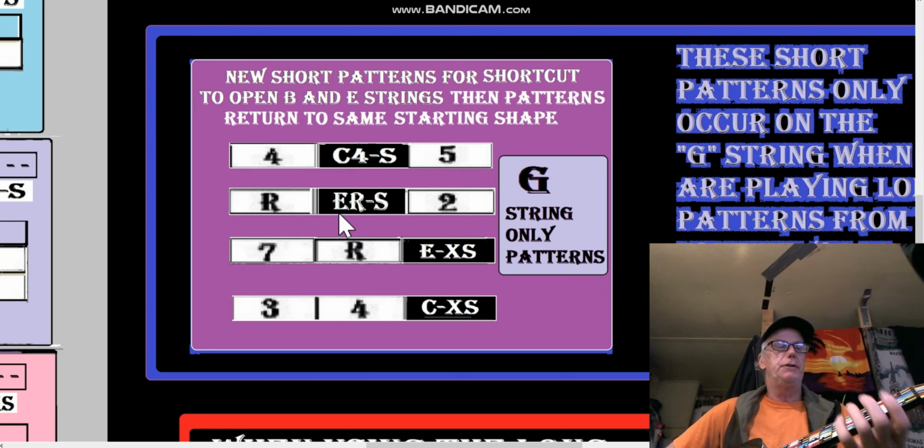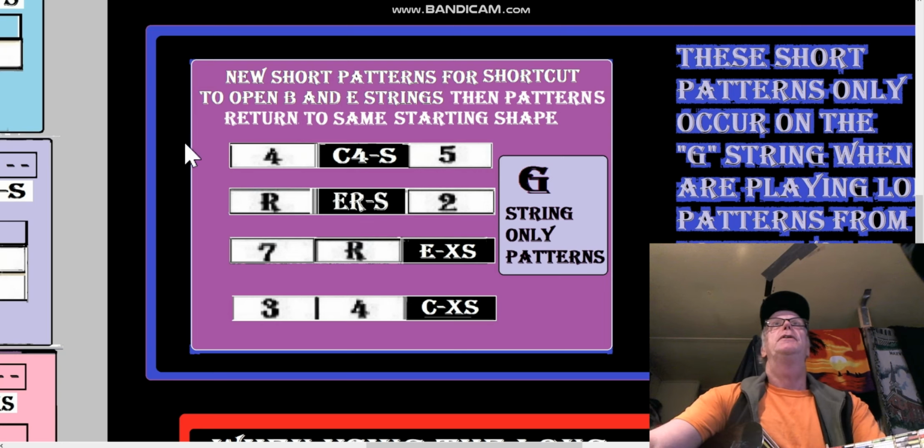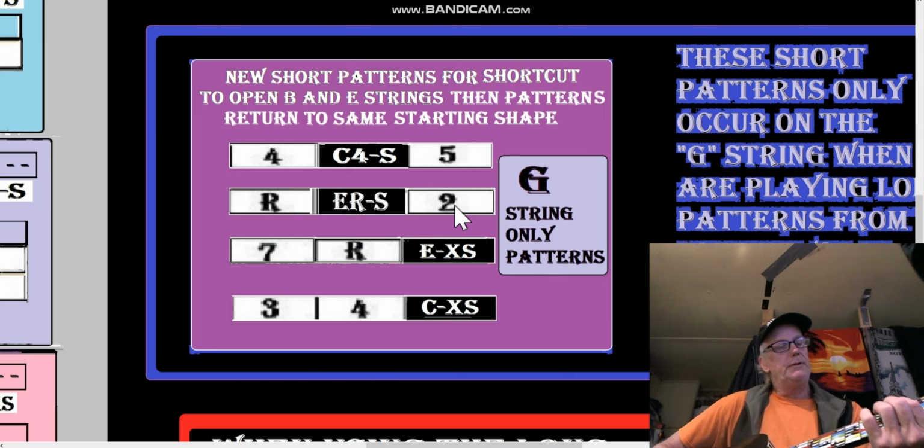So what we're going to do is, let's say we're playing in the root pattern. This is going to be the root pattern. Instead of going root, 2, 3, where we would do that,